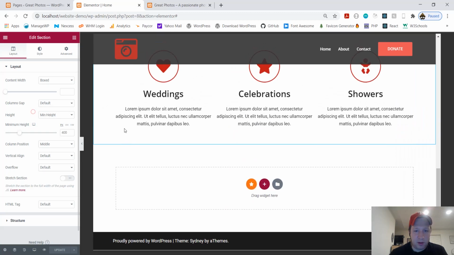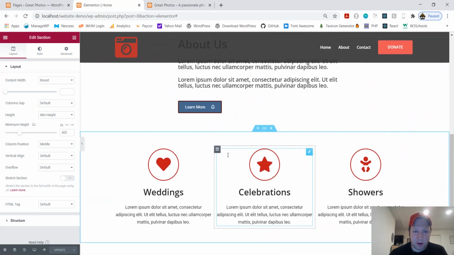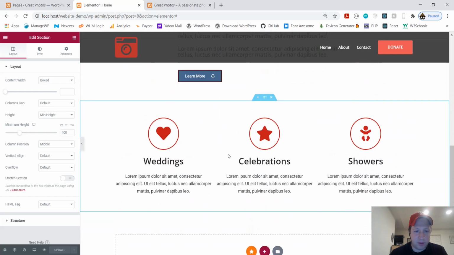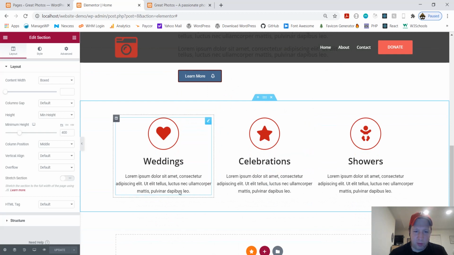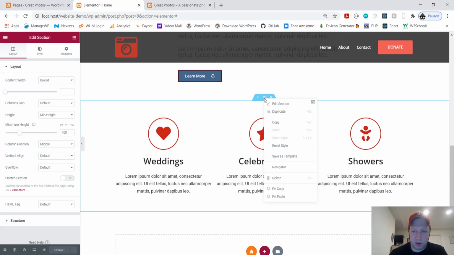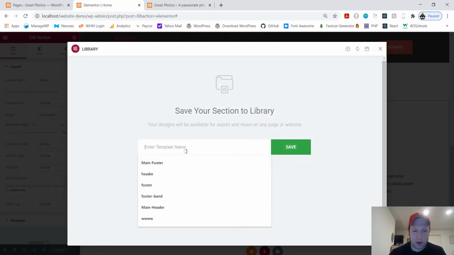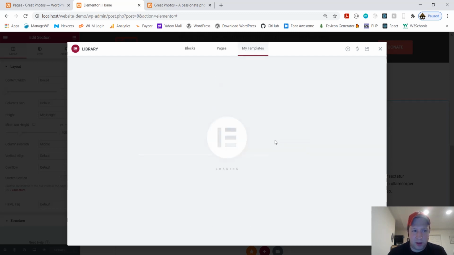So you know what? I think we're done our homepage. Yeah, I think we're done. So we've updated it. Now what I want to do is, say for example, we want this services section to use somewhere else. We're going to right click this little 6 squares and we're going to do save as template. I'm going to say services, or whatever you like, services section. Now, you can save that as a template so that you created it once and now you can drop it anywhere in any page that you like.